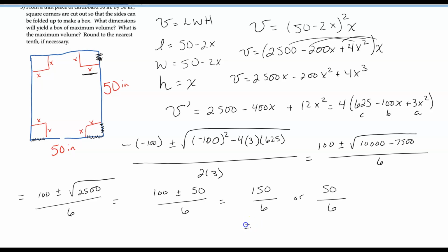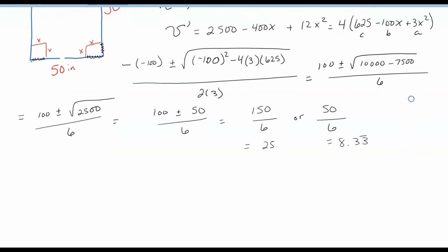All right, well, what does this one equal? In the first case, 150 over 6 is 25. And this 50 over 6 is about 8.33, repeating, so 8.3. So when I do my wiggle graph for V prime, I have to compare 8.3, because it did say round to the nearest tenth,